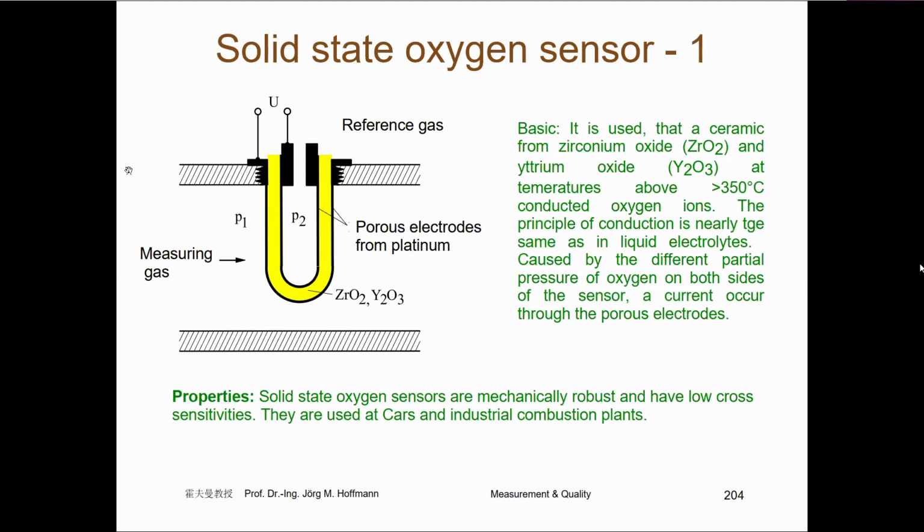And for this, you have here the exhaust, that is the exhaust from your car. You have here the sensor in the exhaust of your car, and you have here the outside air. This P2 is the partial pressure from the outside air, and P1 is from the gas from the exhaust of your car. And then you have here a special material